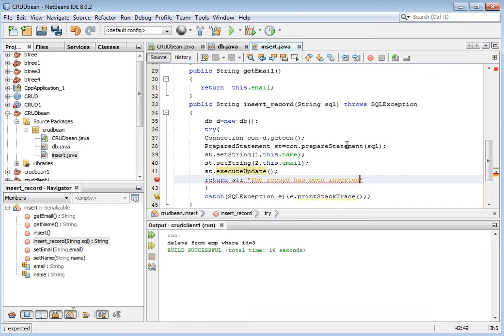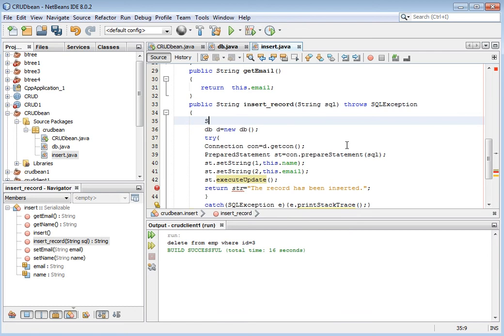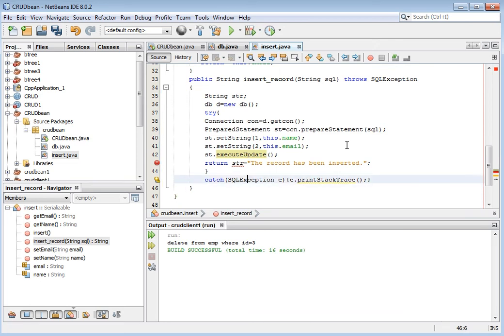And we are using a database, so we should have a try and catch block. We should throw the SQL exception here, and we should catch the SQL exception.